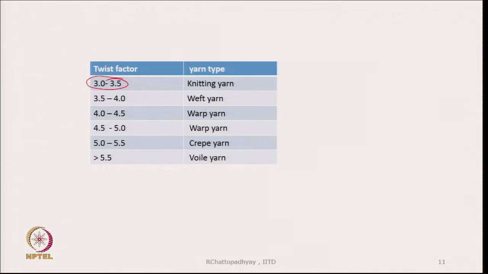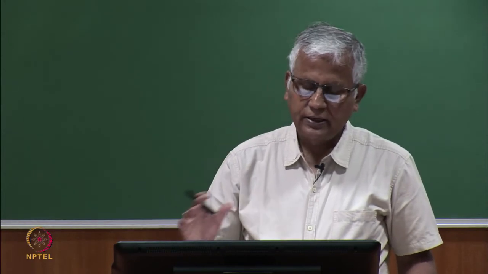So, 3 to 3.5 is used for knitting yarn, 3.5 to 4 is used for weft yarns, 4 to 4.5 is used for warp yarns, 4.5 to 5 also can be used in warp yarns. Crepe yarn, you see the value is 5.0 to 5.5 and more than 5.5 is generally used for voile yarns. So, there is a wide range of twist which we can impart into the yarn, and it gives different types